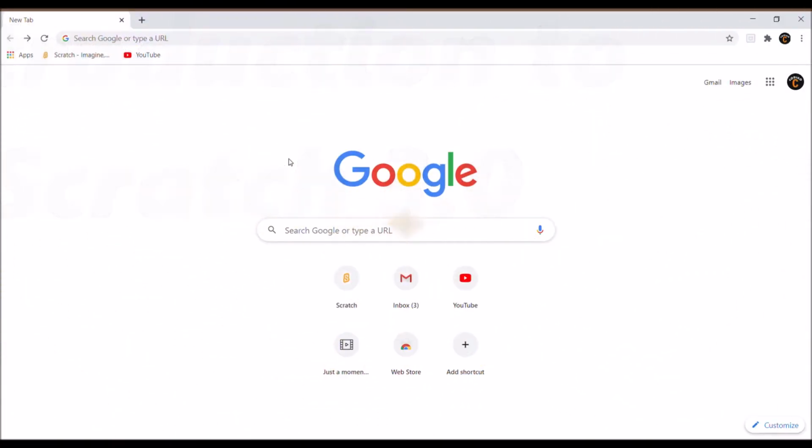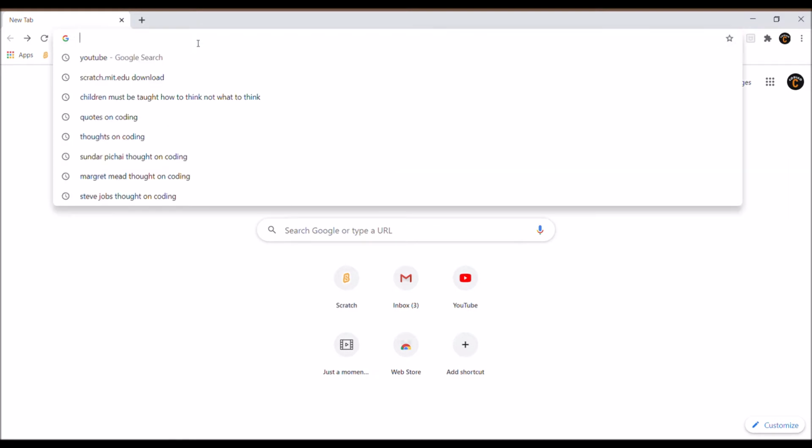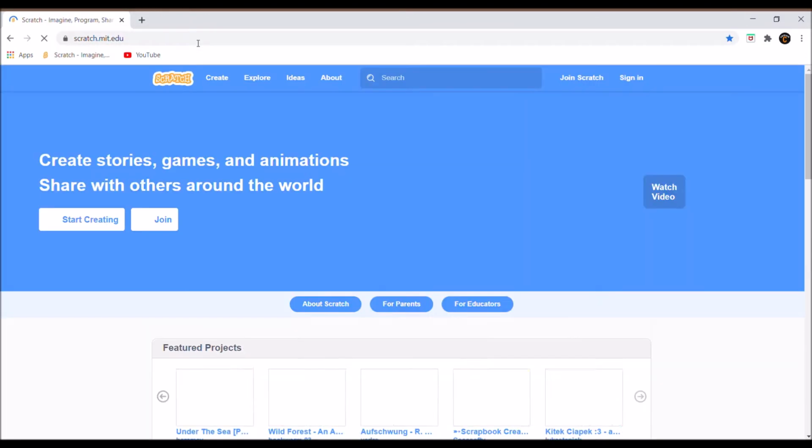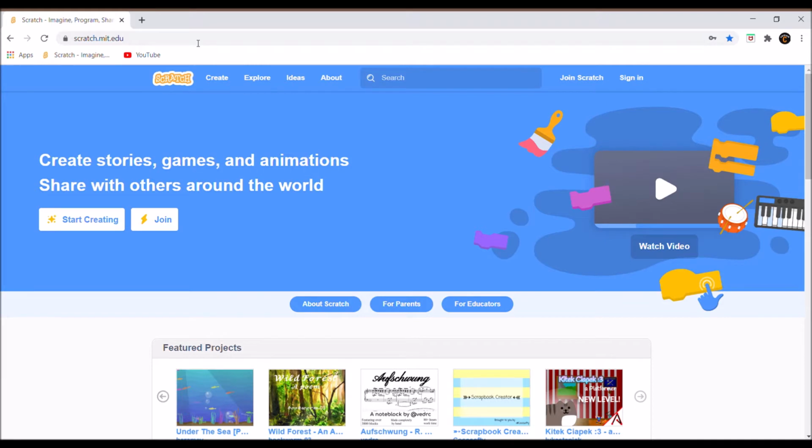Hello everyone. So basically Scratch is an online coding platform through which we can make games or create animation of stories. Alright. So let's learn how we can use Scratch. First of all, we need to enter the website address of the MIT site, which is scratch.mit.edu. Through this website we can use Scratch online, and there is an offline version also available if you want to download it. But I think online working is much better and more convenient.